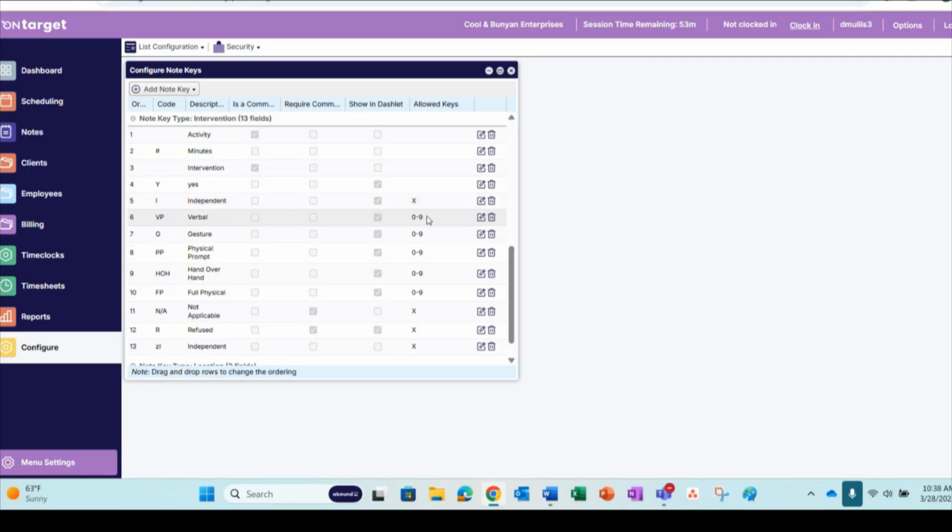So again, really just moving toward audit proofing, ensuring that your documentation is going to be right on the front end, spending less time queuing your notes, hopefully having a system that's working for you rather than